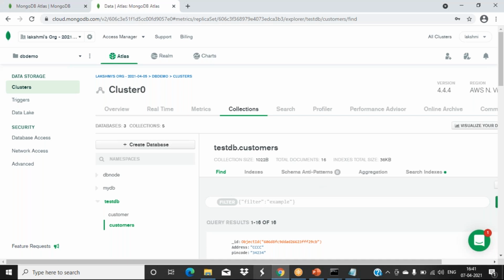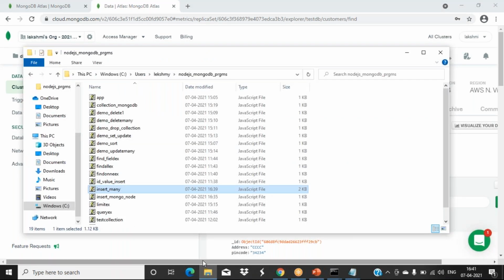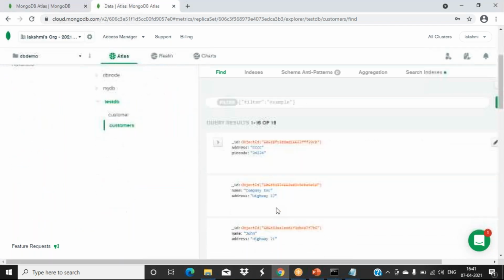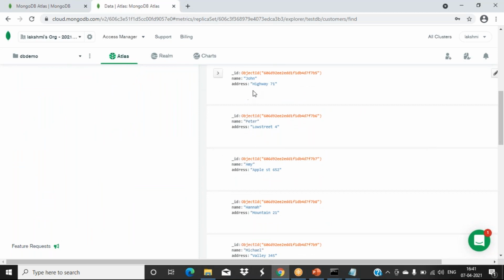Okay, now the insertion is over. We'll see now a find example, that means displaying that value in our output window. I can view the content of the table or the collection here.